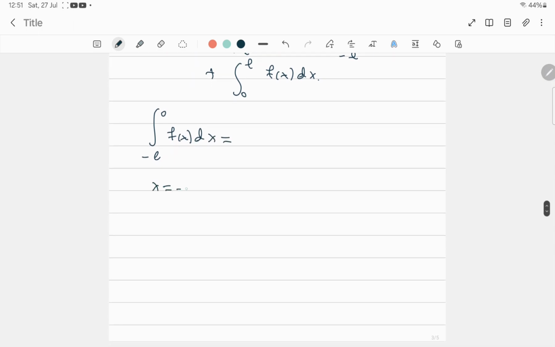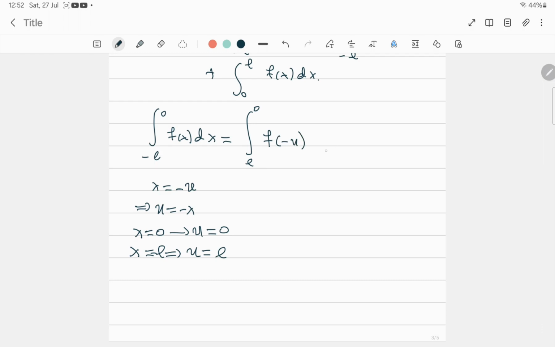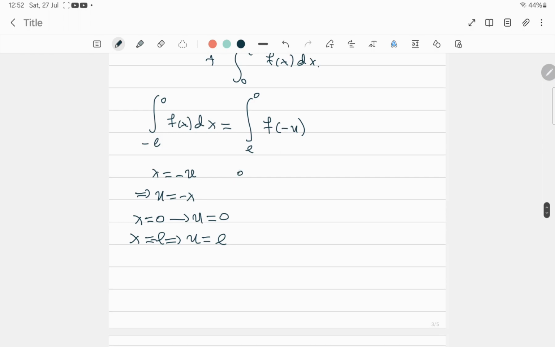and we set x equals minus u, so u is equal to minus x. We change the bounds of integration. For x equal to 0, u is equal to 0. For x equals minus L, u is equal to L. So the lower bound of integration is L and the upper bound is 0. X equals minus u, so it's minus u inside the argument of the function. Du over dx is minus 1, so dx equals minus du,